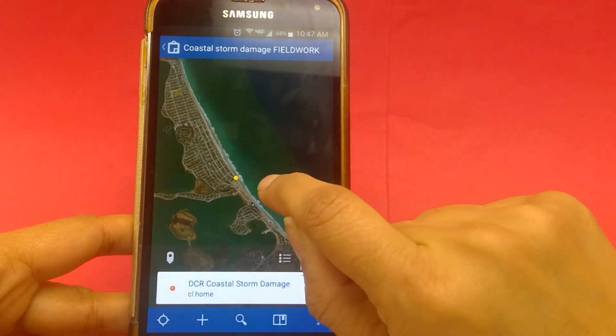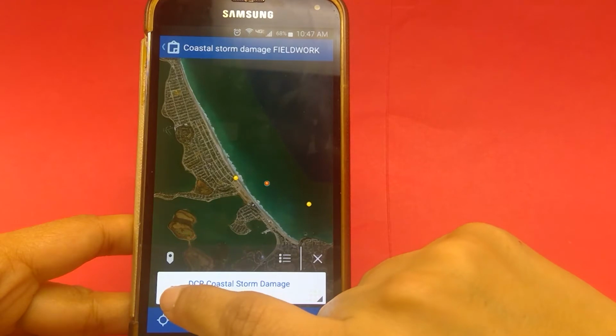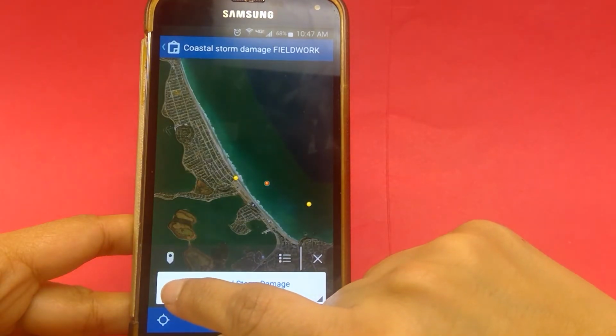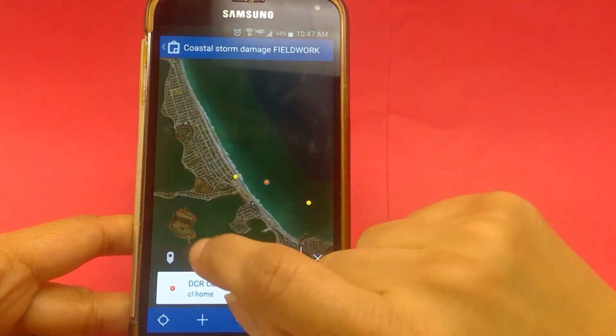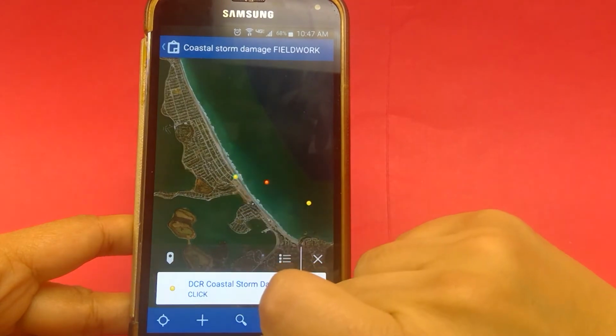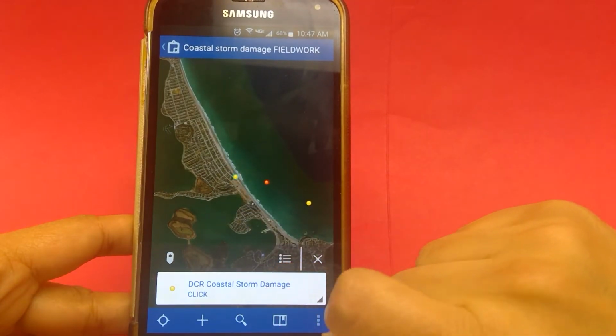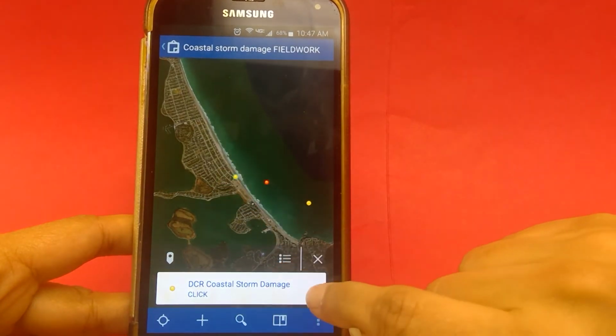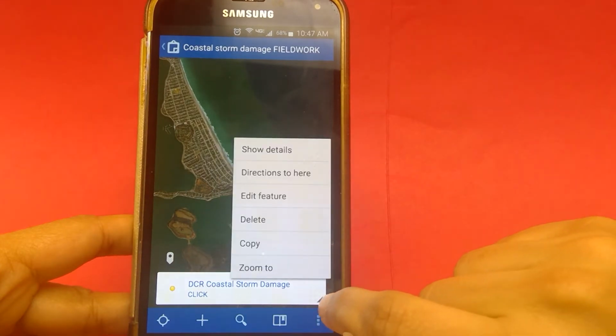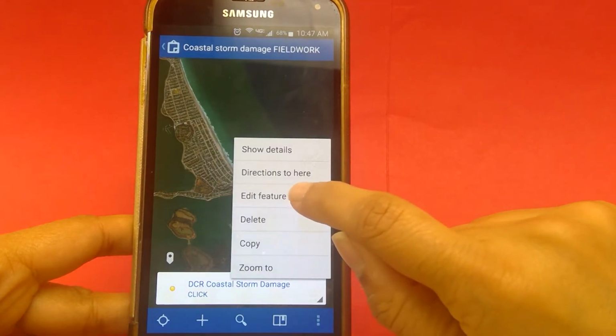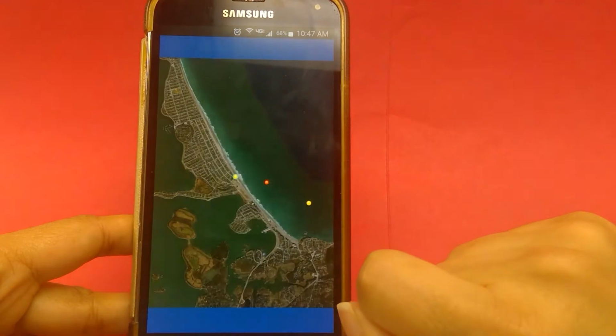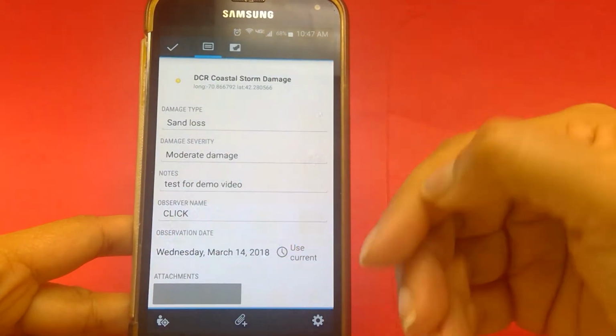the color of the point that you've selected. Remember, the color is color-coded based on damage severity. Let's pretend I want to change that and add some more notes that I forgot to add on the first round. I select it. I click on that little shadowy arrow. All I have to do is say Edit Feature, because it is an existing feature and I need to edit